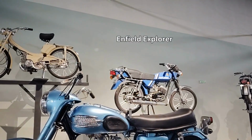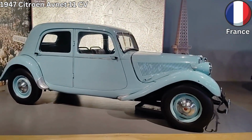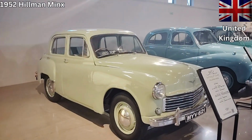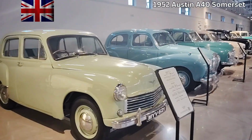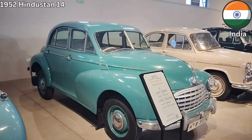Again, back to some of the cars we have here. This is the 1947 Citroën Avenet 11 CB. It is the first mass-produced single monocoque front-wheel drive car. We move on to the 1952 Hillman Minx, the 1952 Austin A40 Somerset, the 1952 Hindustan 14,